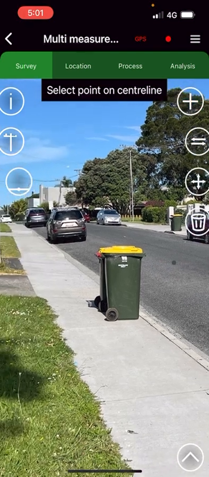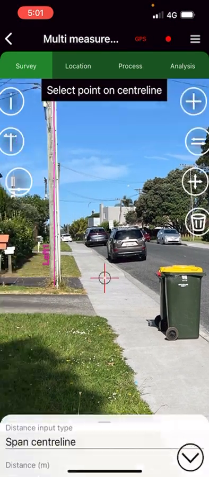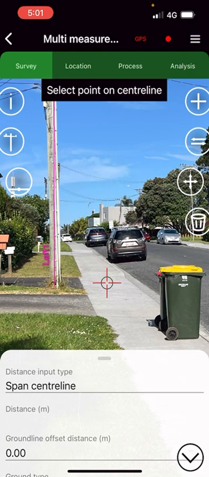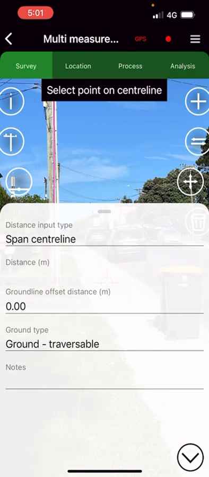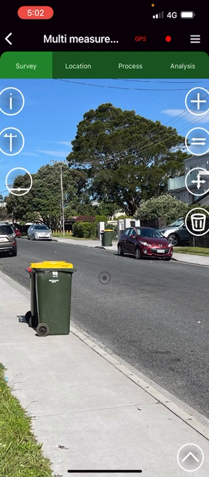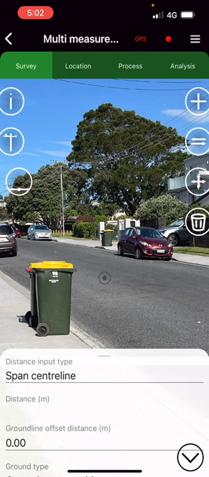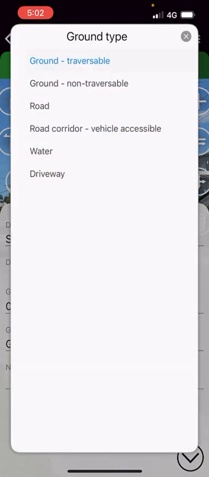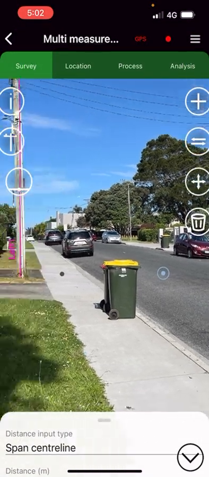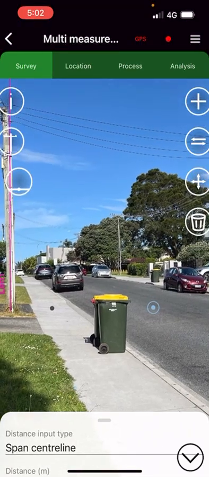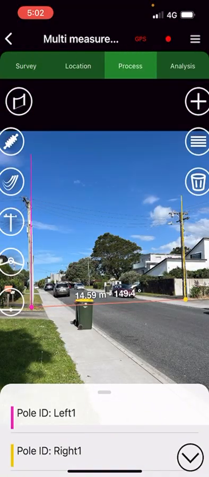And I'm going to choose another marker on the footpath here. This one's traversable. If I select the other one, the centre of the road option, that one is road. So now I have my 2 ground measurement points. I go back to my process tab,